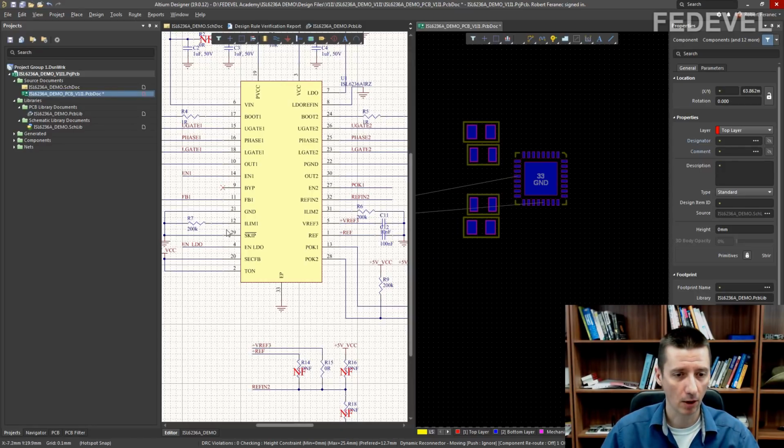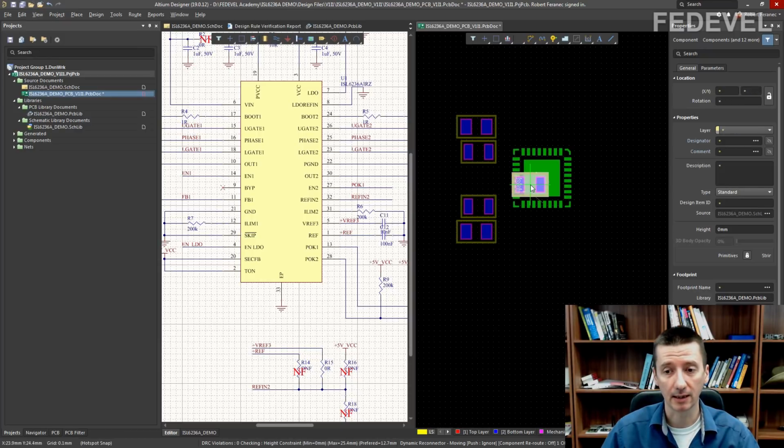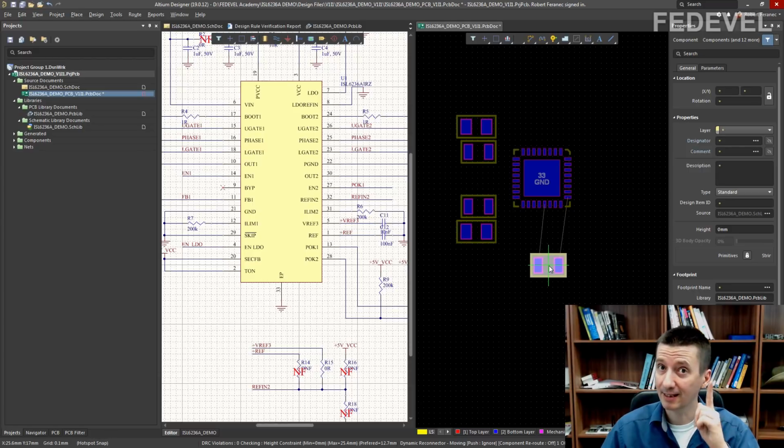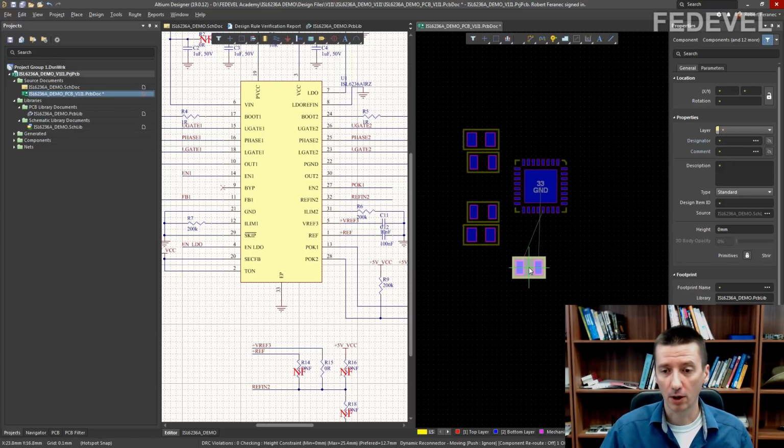We need to place it close to pin number 12, but even without zooming in on this chip, we still can see where we can place it or where we need to place it. How do we see it? Based on the connections. Draw a circle around the chip and watch how these connections are jumping around.